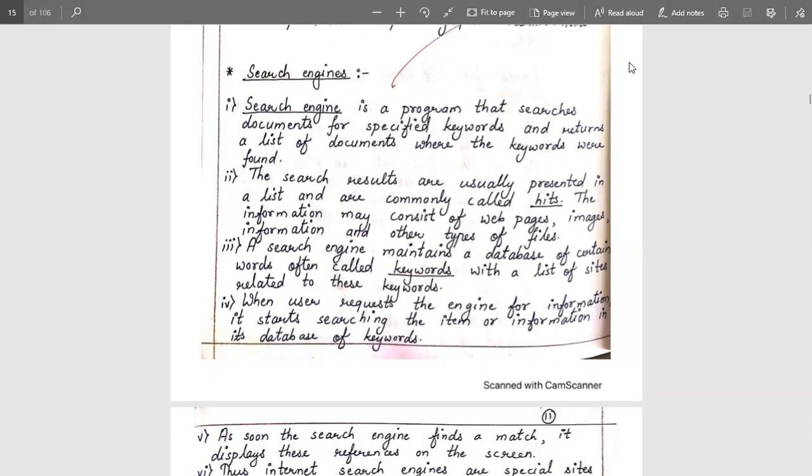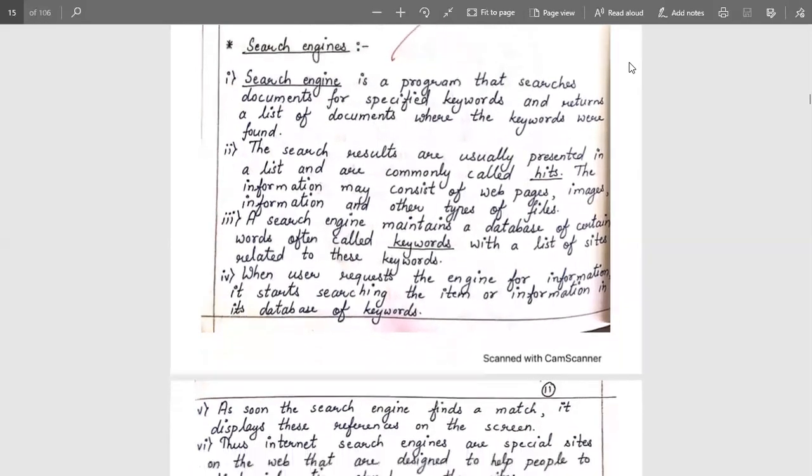Here is a new term called keyword, which contains all the words we require in our particular document. That is a list of the sites related to these keywords, these queries. Whenever we are searching for any data, the documents matching the most searched keywords are fetched in our browser.